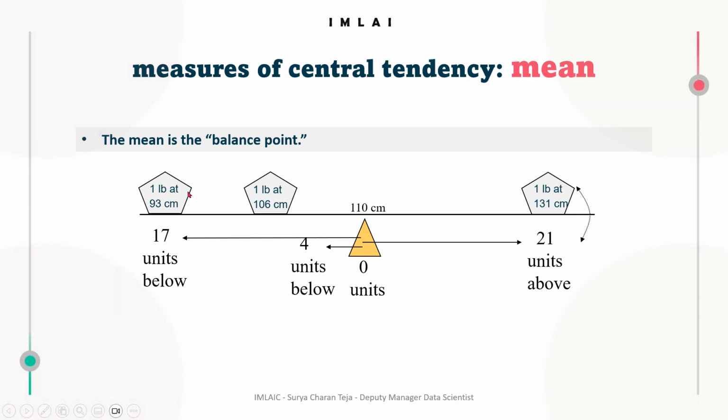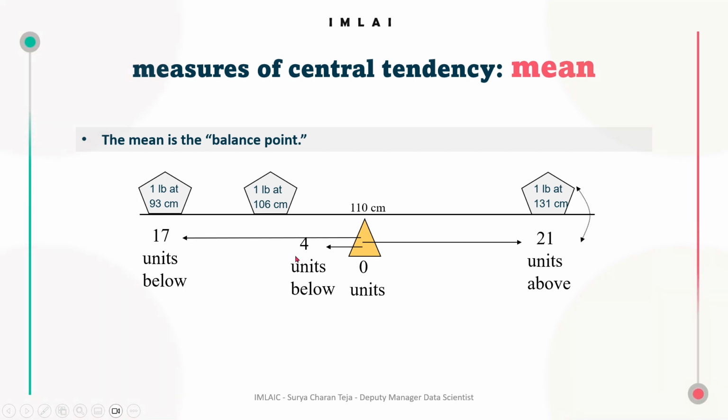1 pound balanced at the score's position on a seesaw. Below, on a 200 centimeter seesaw, the mean equals 110, exactly at the center. 110 is the place on the seesaw where a fulcrum finds a balance. So the scale is balanced